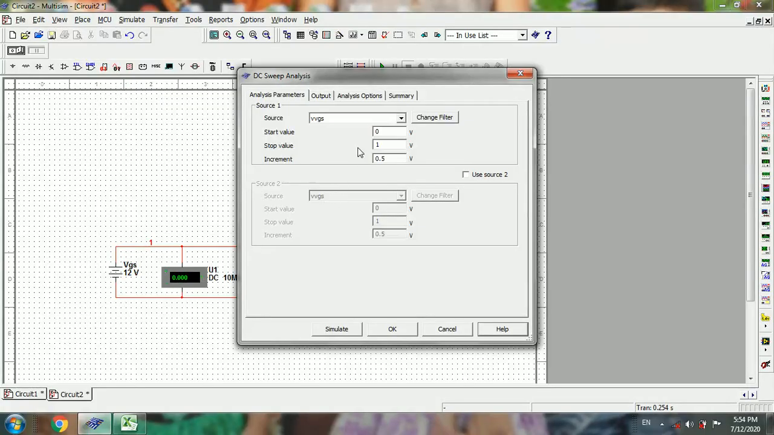So here first the source one, we need to plot the drain characteristics. That's why we need a curve between VDS and ID. So select this VDS voltage source as a source 1 and variation from 0 to 10 in terms of 0.5, the increment 0.5, and then use another source